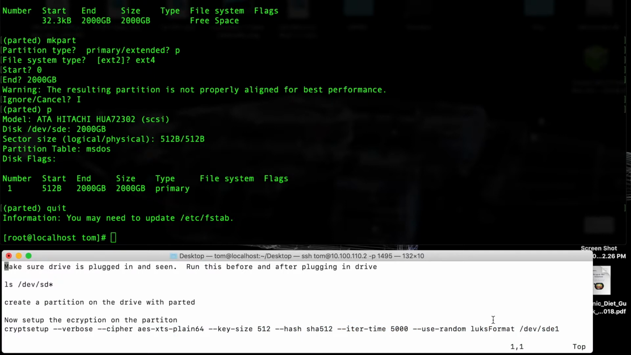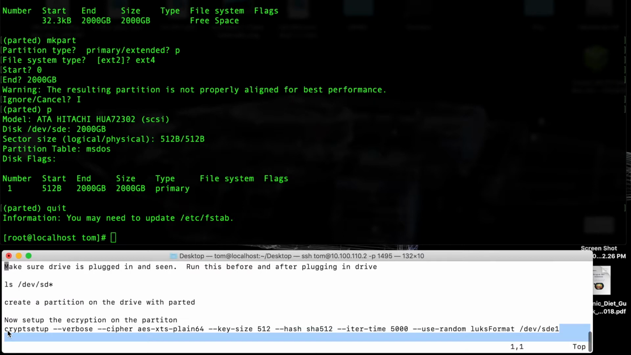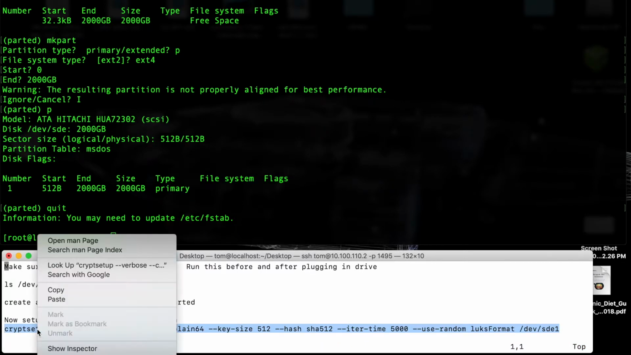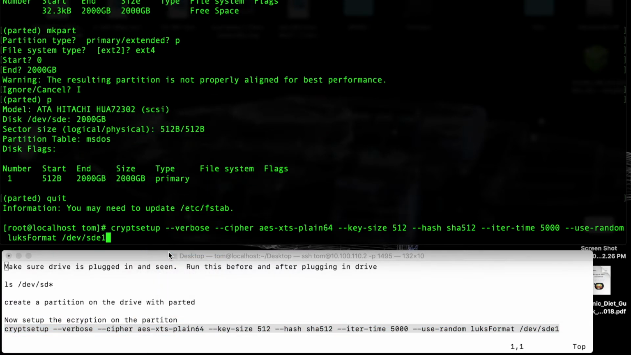Alright, and this is just a command that has all of your settings for the type of encryption you're going to use. So this is a real decent amount of encryption. It's all you need. There are different ciphers you can use. I like this cipher. I'm using a key size of 512. I'm using a hash SHA-512. These are all good settings. I'd recommend these settings. And we're going to use the luksFormat to make the encryption, and that's like the Linux